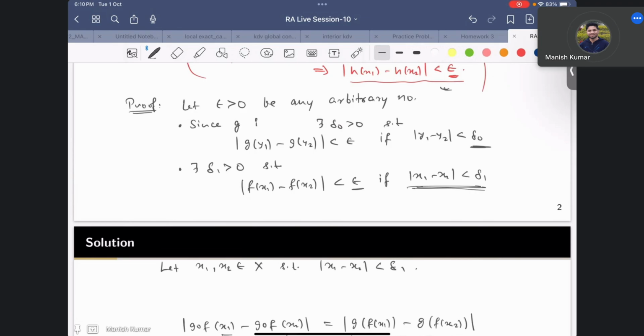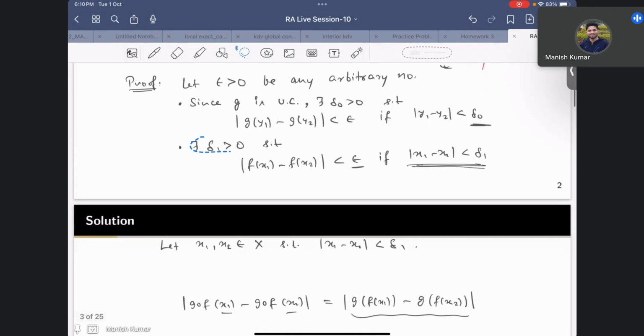Since g is uniformly continuous, there exists delta 0, and here this is corresponding to this epsilon. Here what I will write is that for delta 0, since f is uniformly continuous,